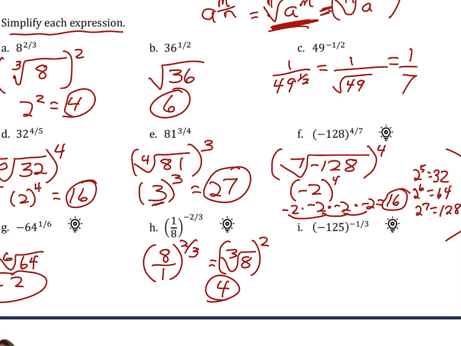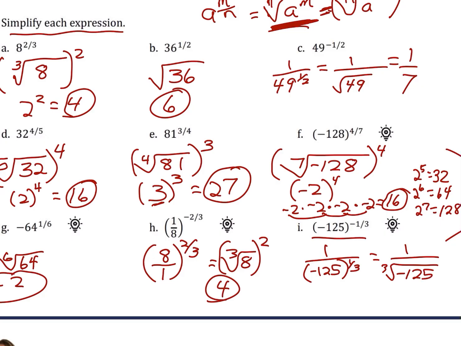Okay, let's look at I. So now there's a lot going on in I, but we're going to start by saying 1 over -125 to the positive 1/3 power. The reason we can do that is we put this entire expression on the other side of the fraction line, so the exponent changes signs from a negative to a positive. And now I'm going to say 1 over, and notice this time the negative is part of what's being raised to the 1/3 power. So we have the 3rd root of a